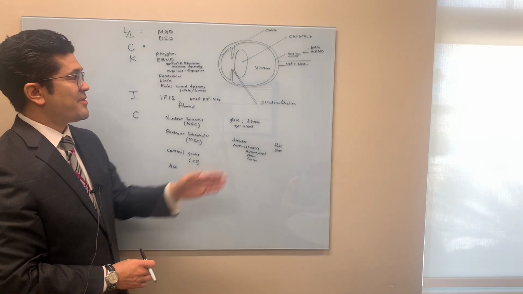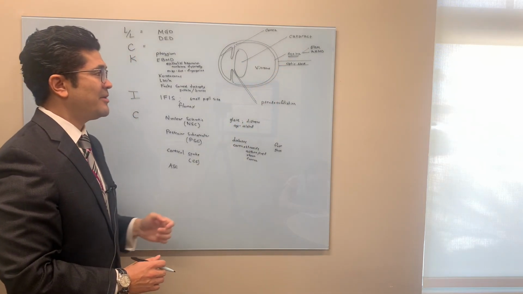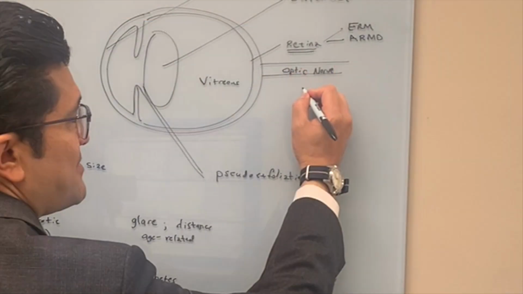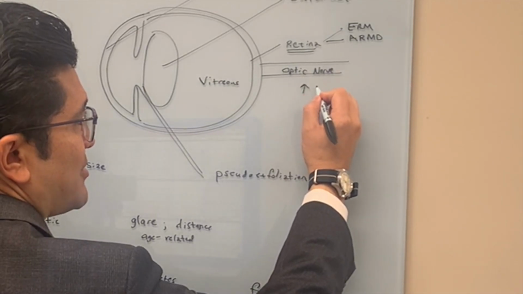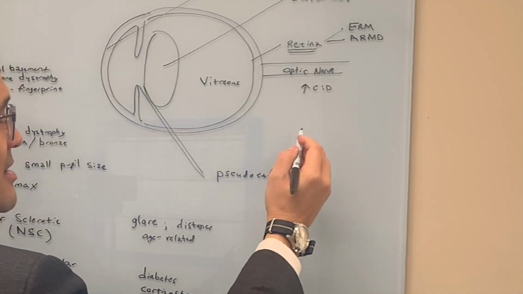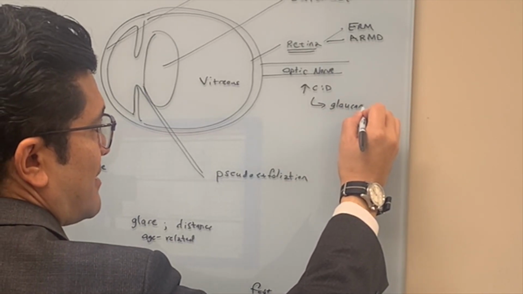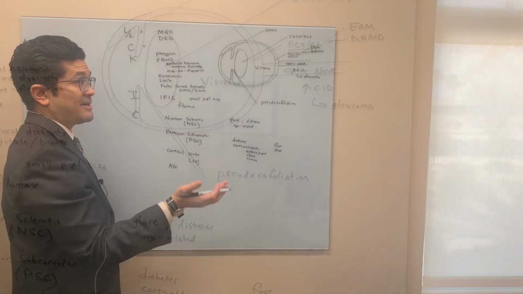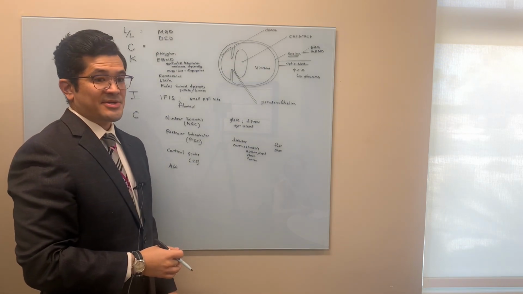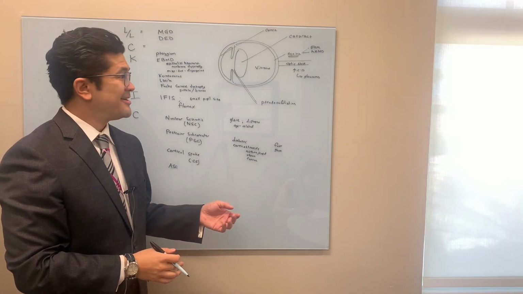And then we'll finish off with the optic nerve here. The optic nerve evaluation is important if there is optic nerve cupping or increased cup to disc ratio, then that points to glaucoma. Why does that matter? Well, I guess you can reference our other lecture about glaucoma overview, but it matters for